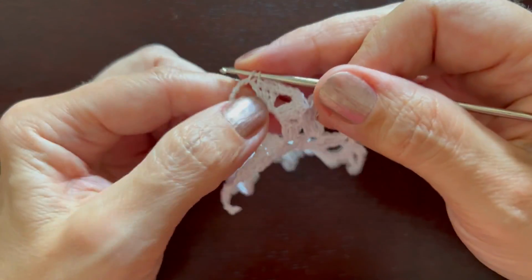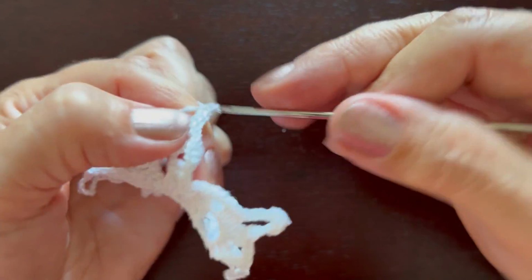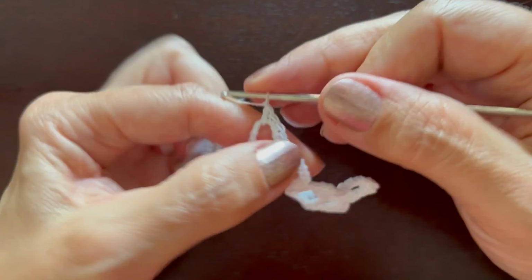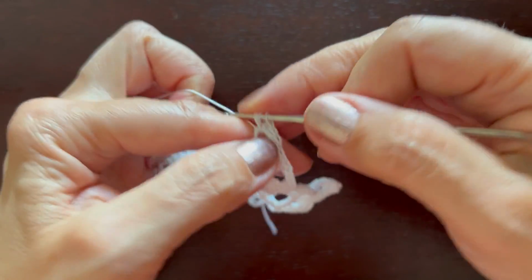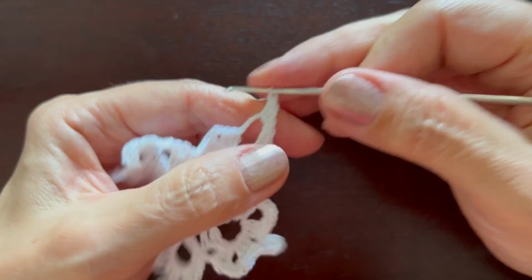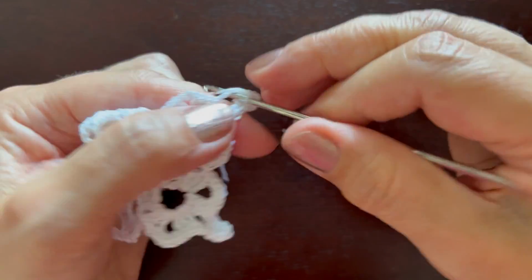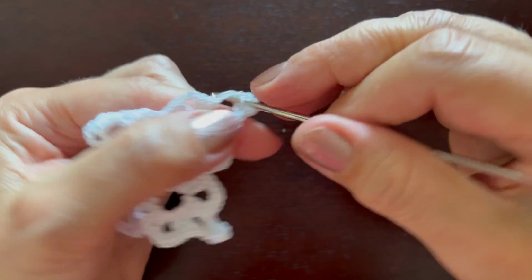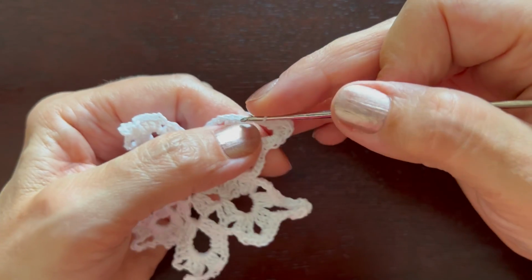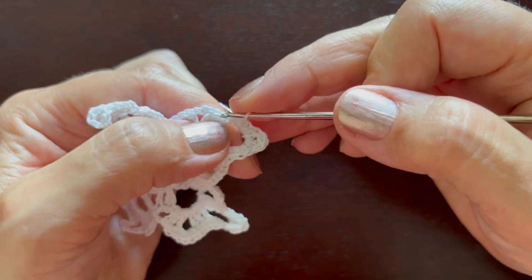3 single crochets in 3 double, in chain 7, 3 single crochets, a double crochet, a triple crochet, a double crochet, and 3 single, 1, 2, 3. 3 single crochets in 3 double, 1,